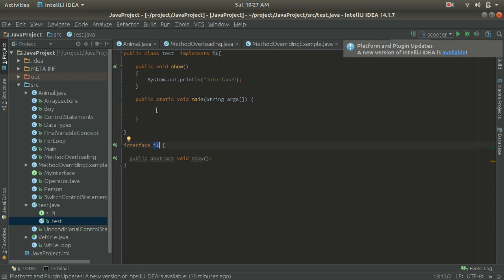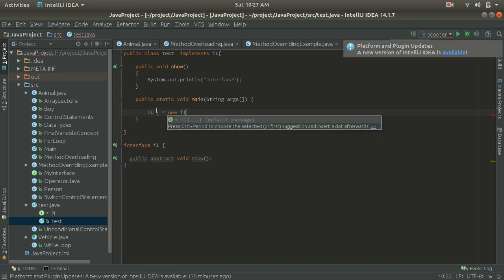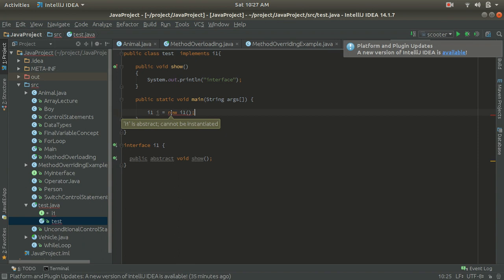Let's try to create the object of the interface with I1 i1 equals new I1. Here you can see that we are getting a compile time error: I1 is abstract, cannot be instantiated.